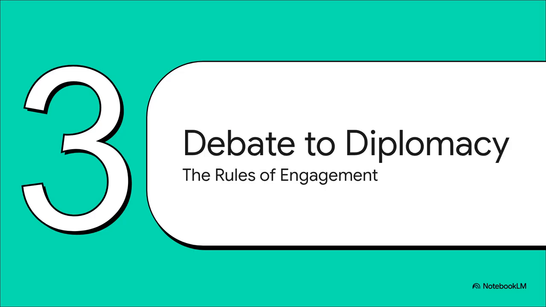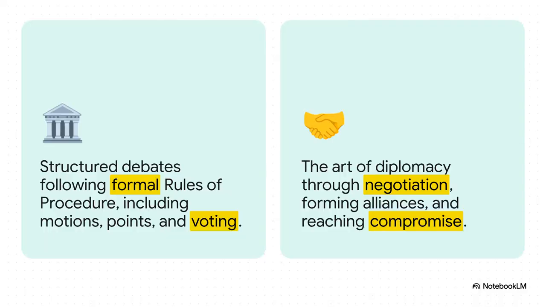So you've got a room full of passionate delegates. How do you stop the whole thing from just descending into chaos? Well, it all comes down to the formal rules of engagement. This is the framework that allows real diplomacy to actually happen. You can kind of think of MUN having two sides. On the one hand, you've got this rigid, formal structure, the rules of procedure, motions, organized debates, but all of that just serves the other, more human side, the art of negotiation, building alliances, and finding that elusive compromise.